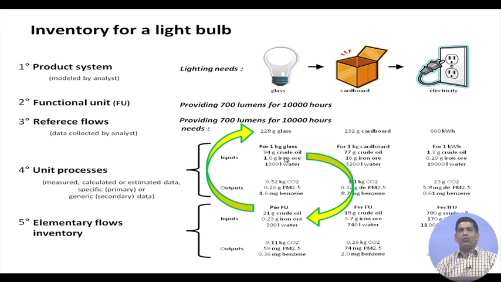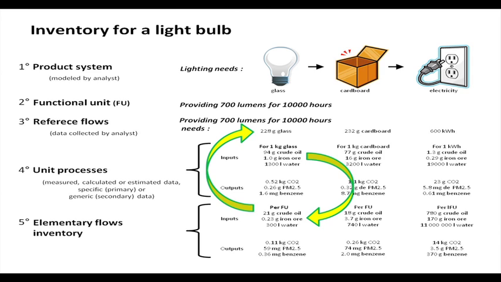So the list will be too exhaustive. So to take care of these kinds of lists, that's why we need the database. A database is needed, otherwise we spend a lot of time on the Excel spreadsheet, and sometimes it will take forever. I'm just talking about a bulb, and if you think about doing it for a plant,